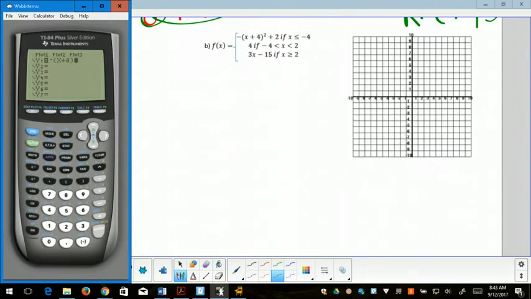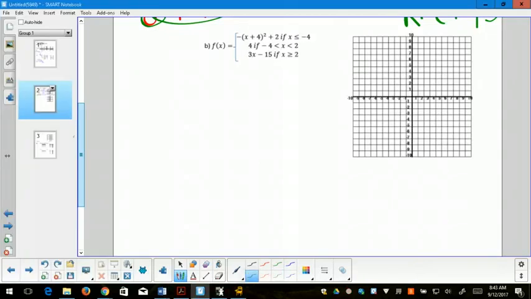Some of you already know where the vertex is because this is in vertex form. If not, we'll be reviewing that eventually. So that range also doesn't have a minimum value. There's no min. It does have a maximum value on this piece at -4, and it has equality. So when I make my table for this particular piece,